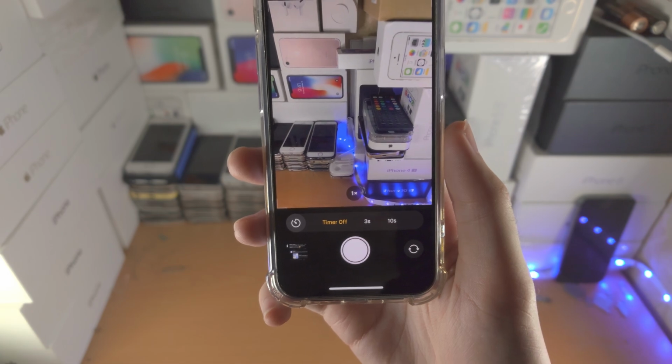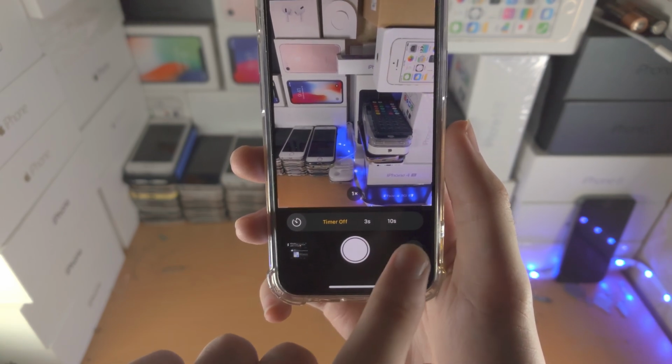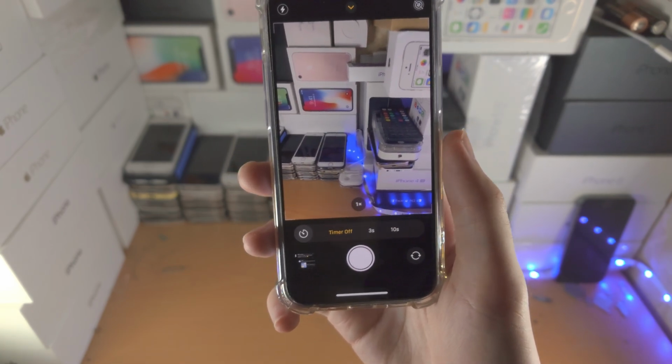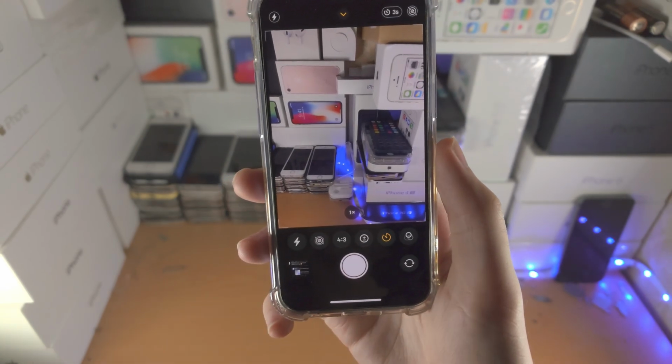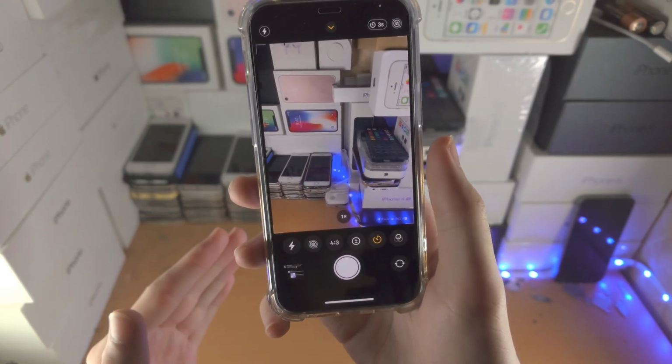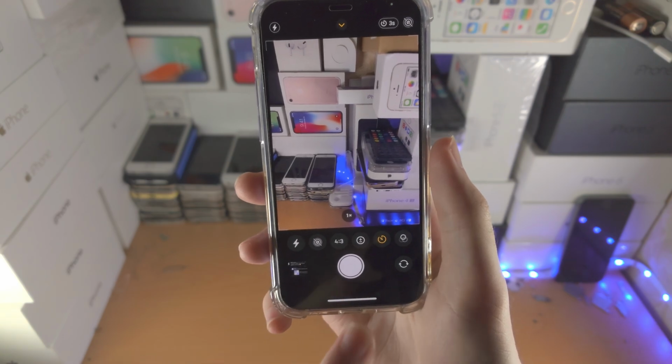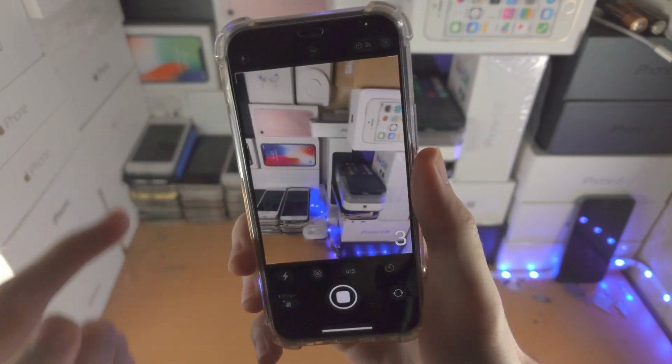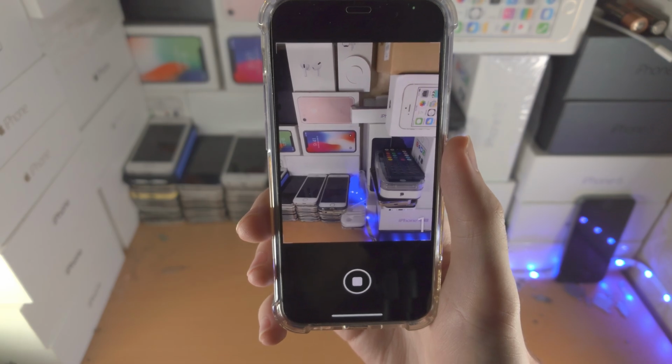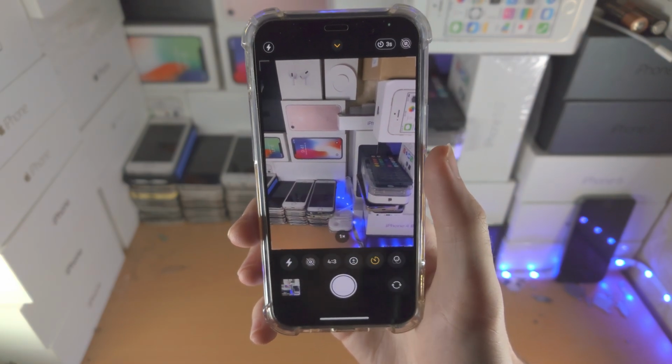By default, timer is off. You can change it to either 3 seconds or 10 seconds. So I'm going to select 3 seconds here. And when you click on the shutter button, keep in mind that's the button right here, or you can use the volume rockers. You're going to get a countdown, and once the countdown ends, the photo is going to be